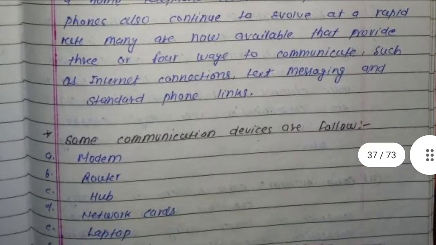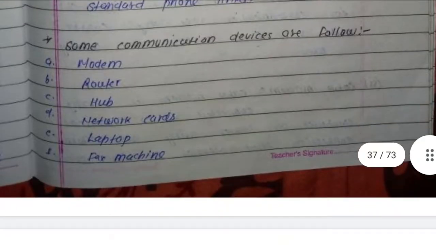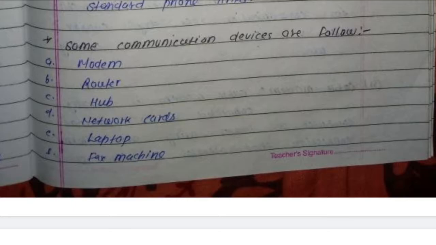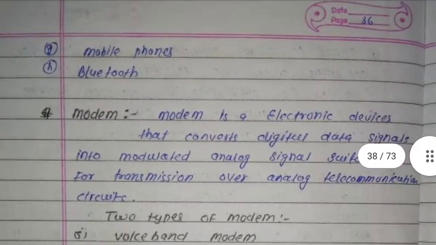Many are now available that provide three or four ways to communicate, such as internet connections, text messaging, and standard phone links. Some communication devices are as follows: modem, router, hub, network card, laptop, fax machine, mobile phone, Bluetooth.